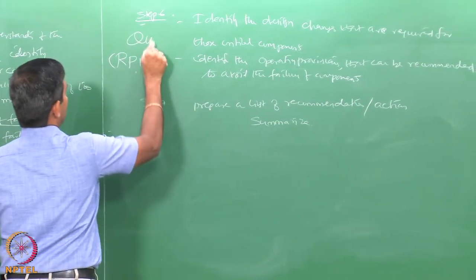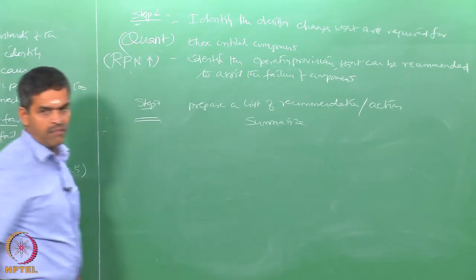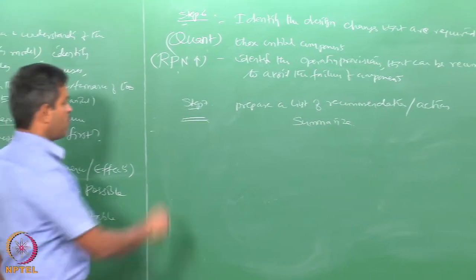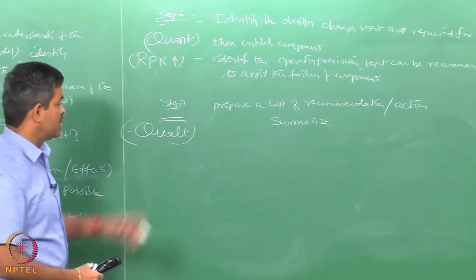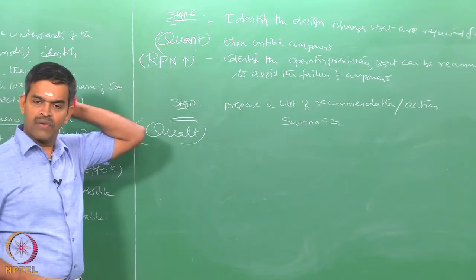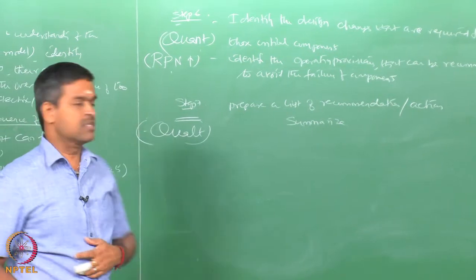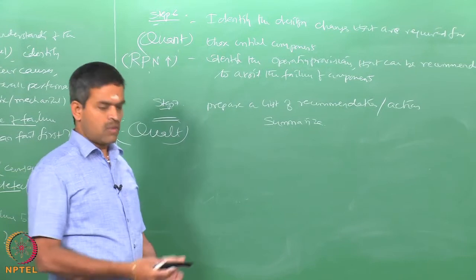Therefore, this step anyway is quantitative, and of course, this step is only a summary which gives me the recommendation. So, therefore, this has to be qualitative, there is no doubt, but depending upon the numeric figure, you are going to derive the recommendations and give the actions as suggested by the committee. So, let us quickly see